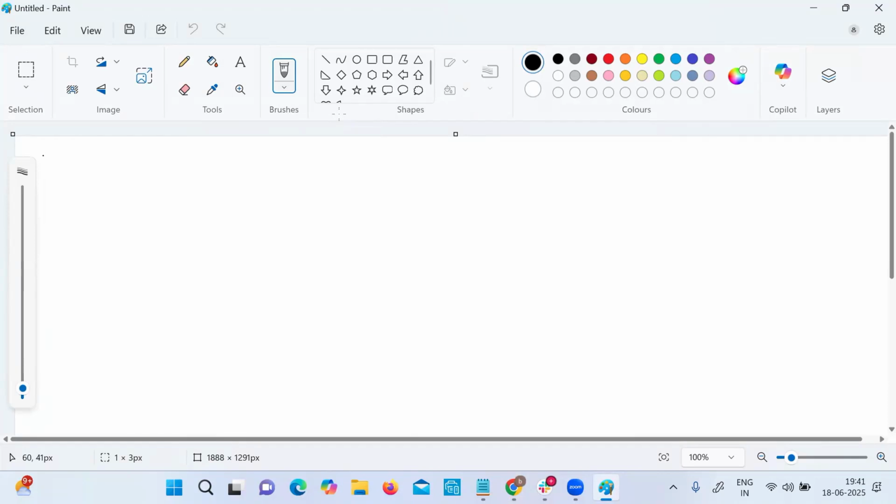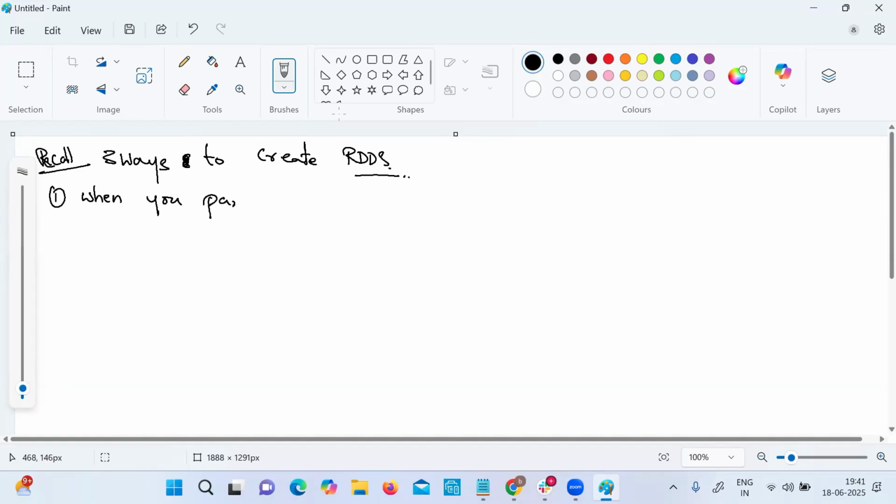Now come back to recall the previous: three ways to create RDDs. What is the first way? When you parallelize a local object. Already you have seen that. Second way,